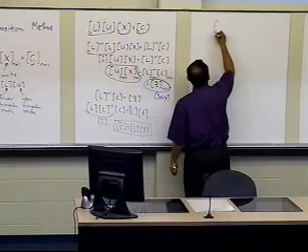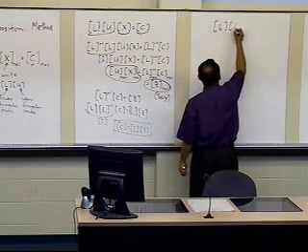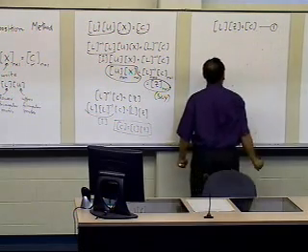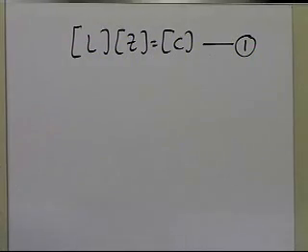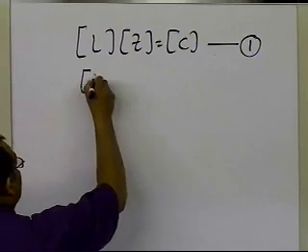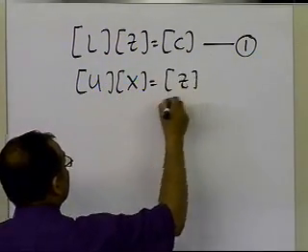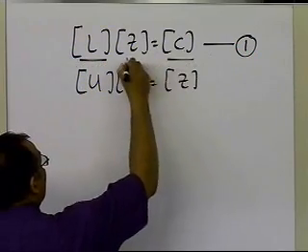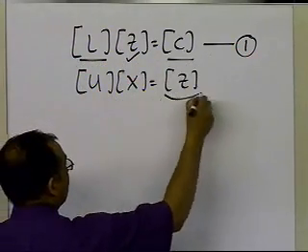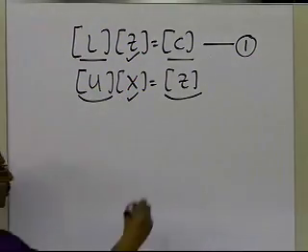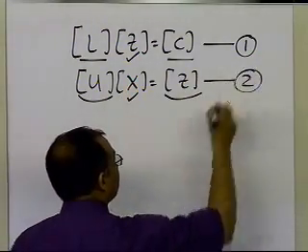So basically what you will be doing is solving L times Z equal to C first. So it's the first set of equations which you're going to solve. And then once you have found Z, you'll have U times X equal to Z. So L is known, C is known, you'll be able to find Z. Once Z is known, U is known, you'll be able to find out what X is. So that'll be the second set of equations which you'll be solving.